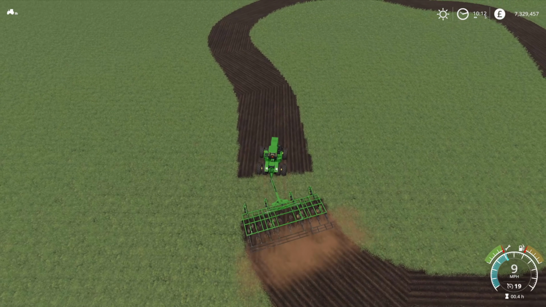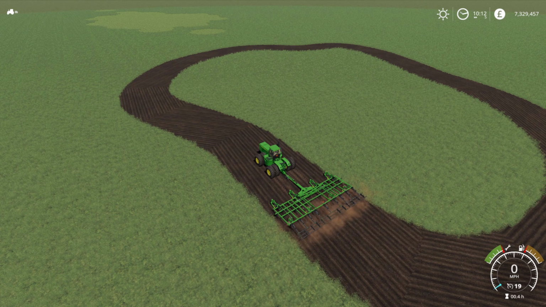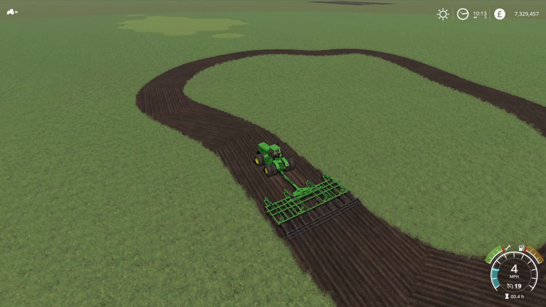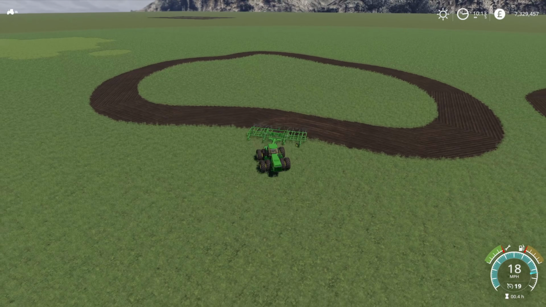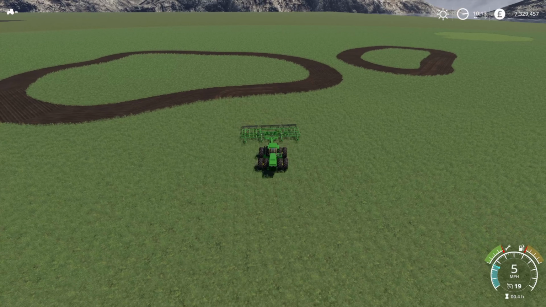And there we go. So there's our field edge. I'm going to lift my implement up now. Let's move it off the field actually. So you've got your field edge here. Now for some reason you've hit detect field edge and it hasn't worked. What you want to do now,